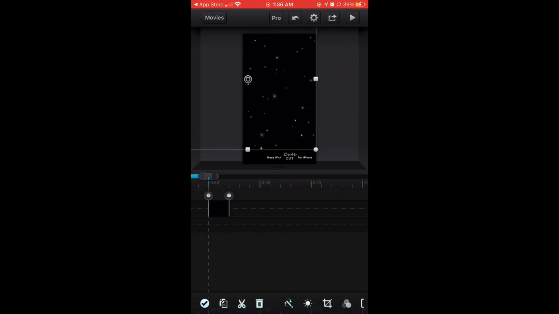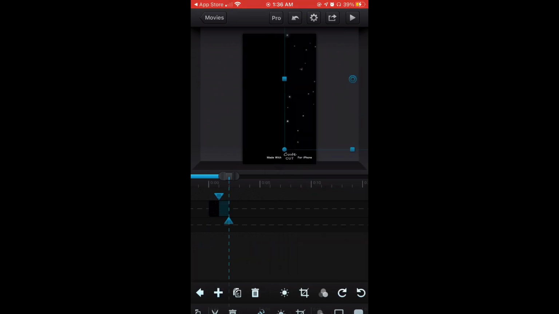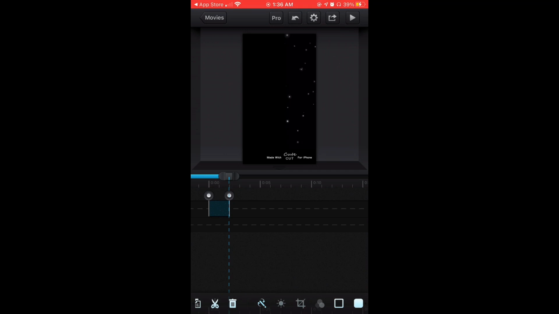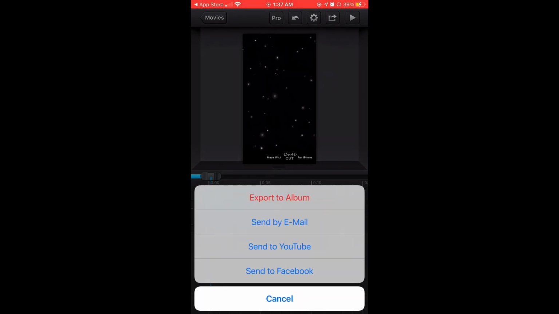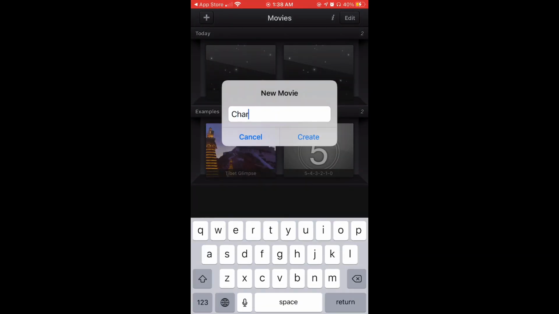So after you've made the stars bigger, you're going to add a transition, which I have another video on. Then you're going to have it go to the right, so it looks like this, and then you're going to go back, and then you're going to use the little circle things to make it longer, so the stars go a little slower and it lasts longer. Now the stars are supposed to go to the side. That's why we're making the video longer, so you can cut it later. And then you're going to save that to your camera roll, and then you're going to make another new movie